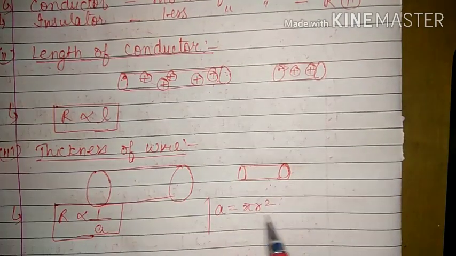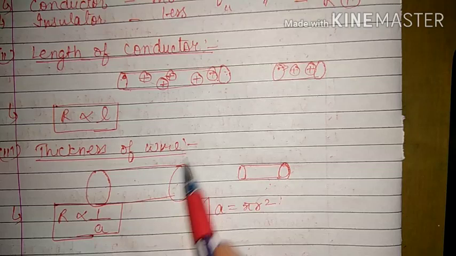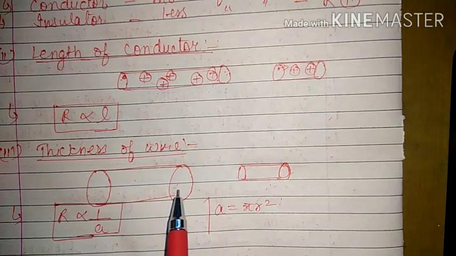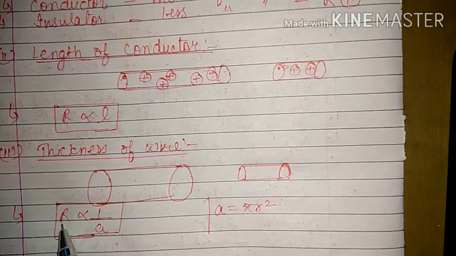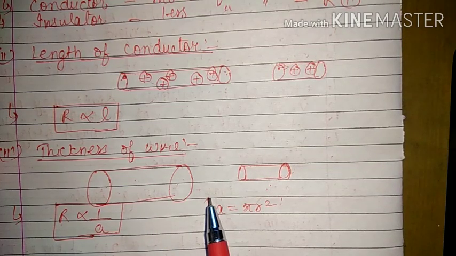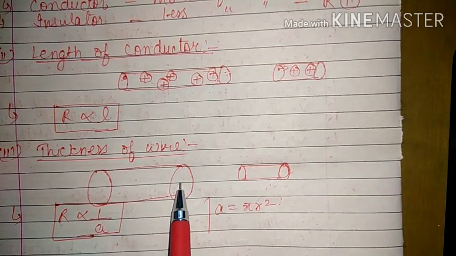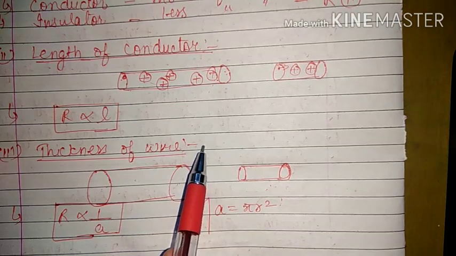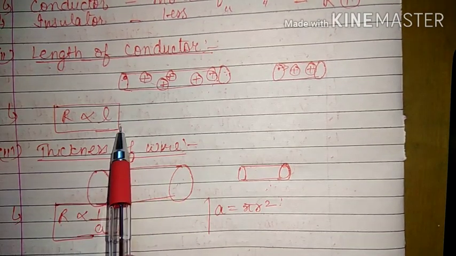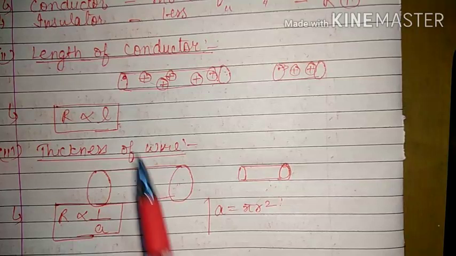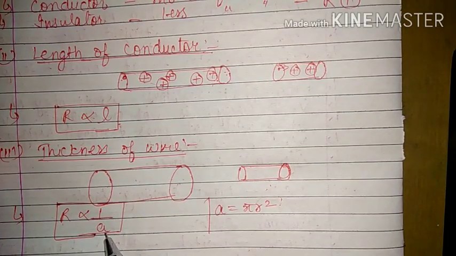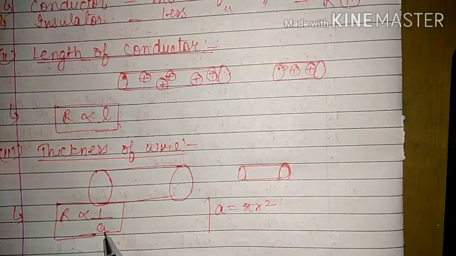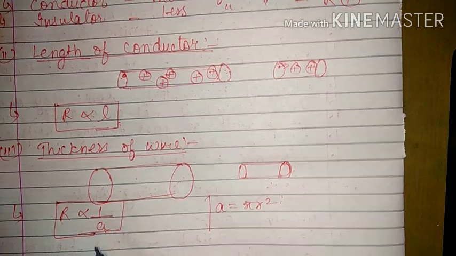So if the radius of the wire increases, then its thickness will increase and electrons can easily move from one end to another end, which will reduce the value of resistance and increase the value of current flowing through the circuit. So we have to read the question carefully, whether only length is increasing and its cross-section area remains constant, or both are increasing. Accordingly, we will solve the numerical questions. We will solve one or two questions, then it will become more clear.